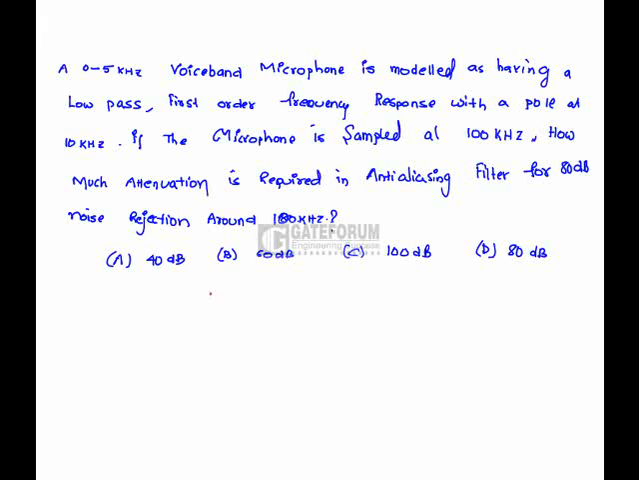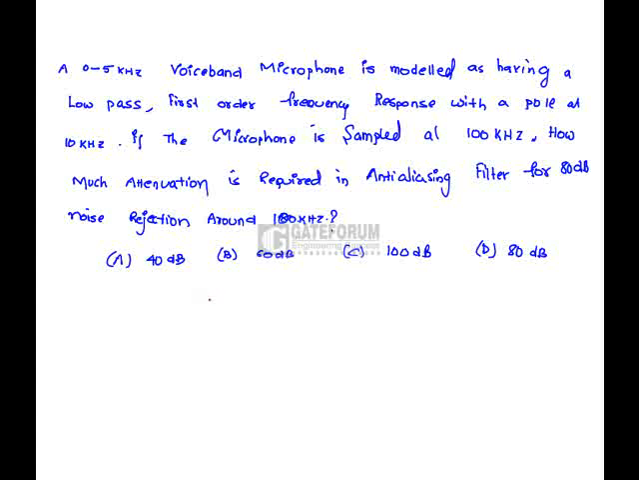A 0 to 5 kHz voice band microphone is modeled as having a low pass first order frequency response with a pole at 10 kHz. If the microphone is sampled at 100 kHz, how much attenuation is required in the anti-aliasing filter for 80 dB noise